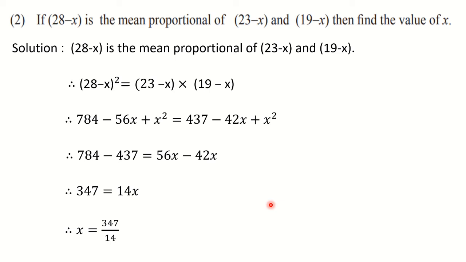Once again I am saying that you have to be very careful about the signs here. Also learn by heart all the squares up to 30, cubes at least up to 10, and the 8 identities which are given by me, which are very, very important. Then all the properties which we study in every chapter. You will find that the property or the method from the polynomials we are going to use here again. So you should not forget here. You have to carry forward all these things along with you.